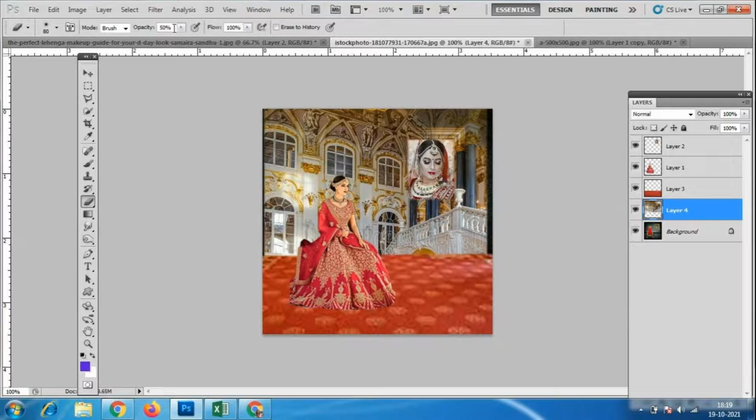So just give only 10%. 25% I will give. So I don't want all these things. So I want this background also with this photo frame also I want it.